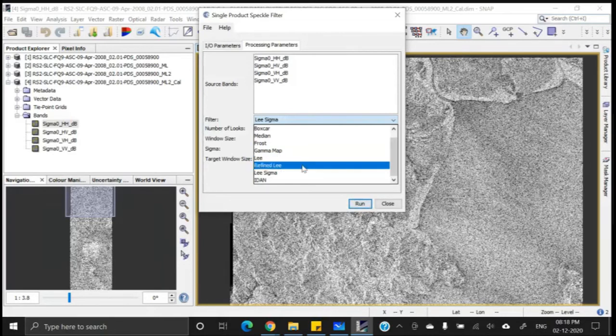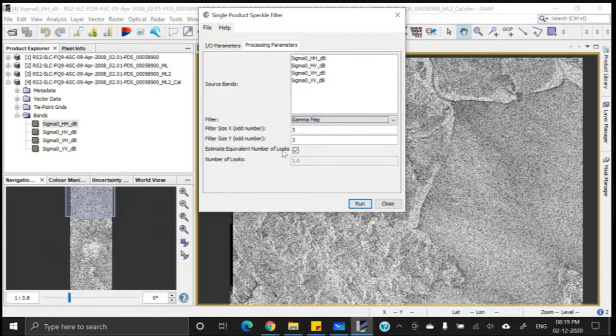However, for this image, we found that gamma map provides better output, and it is very simple filtering, very simple spatial, like spatial convolution filtering. Filter size, there is the window size 3 by 3 or 5 by 5 or 7 by 7.